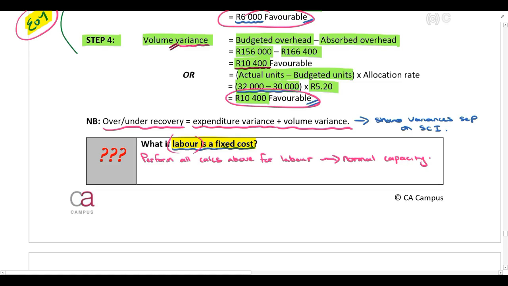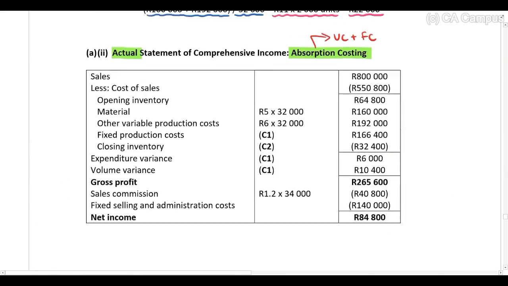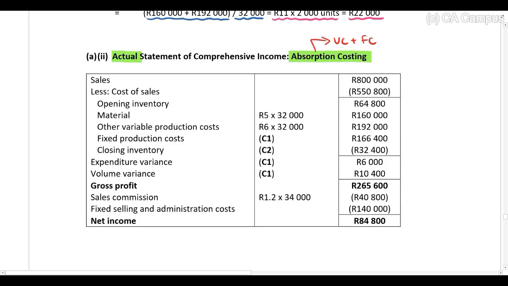All right, and then after you've performed these calculations, we can now complete our actual statement of comprehensive income using absorption costing. Please note, most of the calculations are going to be exactly the same as our variable costing statement. You can see your sales amount is exactly the same. Then when we calculate cost of sales, please note that the only difference is, instead of only including our variable production costs under cost of sales, we are also including our fixed production costs, because we are now looking at absorption costing. So your material and your variable production costs are exactly the same as what we looked at under